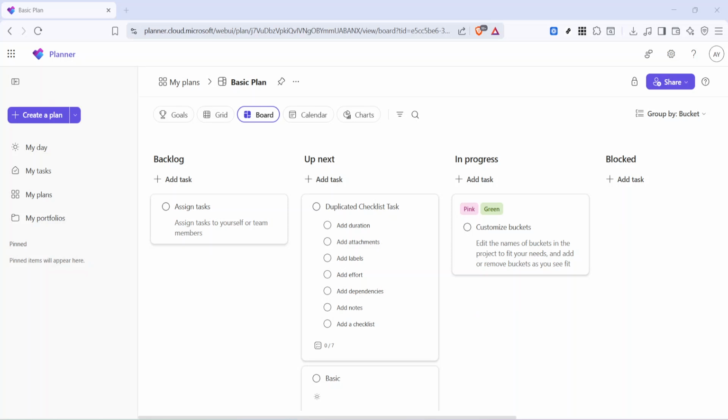In today's video, I'm going to teach you how to share a Microsoft Planner link. If you need to quickly send someone access to a plan in Microsoft Planner, the good news is that the process is very simple and only takes a few clicks. This is useful when you want teammates to open the exact plan you're working on without having to search for